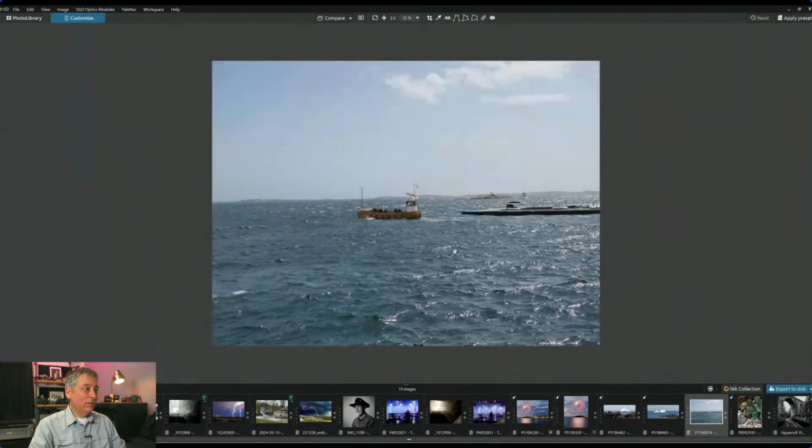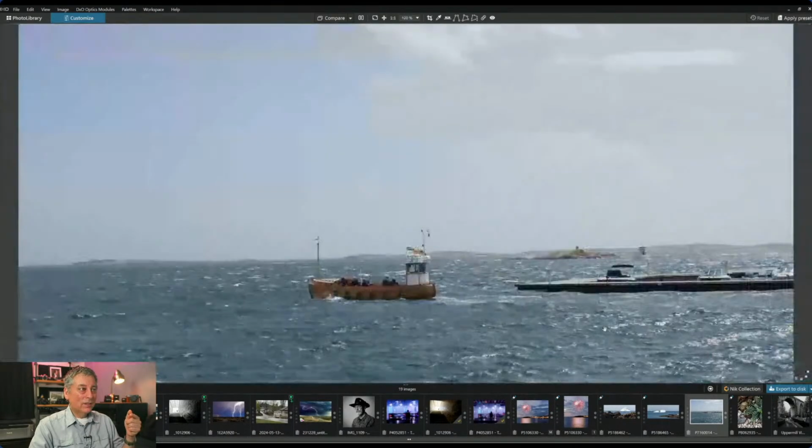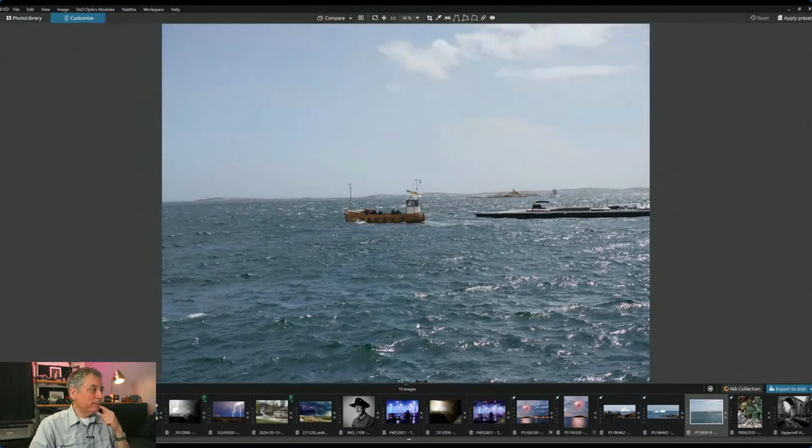Anyway, all right, you'll have to let me know. Is that boat sunk? How is the sea level here lower? It's not lower because the sea level's right here. You can see it. It's weird. I've never seen that before. But anyway,